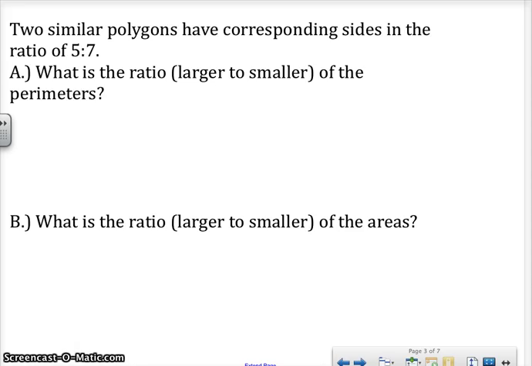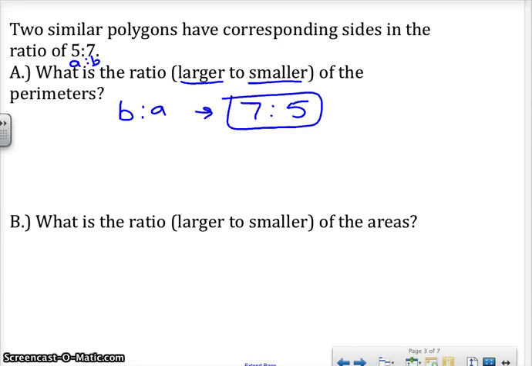Since we're going larger to smaller, if I know that 5 is A and 7 is B, I'm just going to flip-flop them. So for perimeters, it's A to B, but it'd really be B to A that we're looking for. So that's just 7 to 5. We don't know if it's inches or centimeters or whatever, so I'm just going to leave it this way. Okay. If we're talking about area,